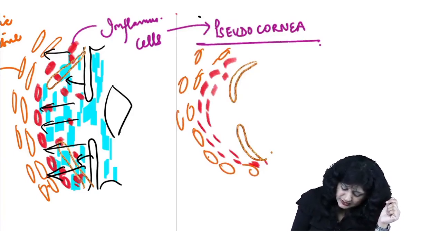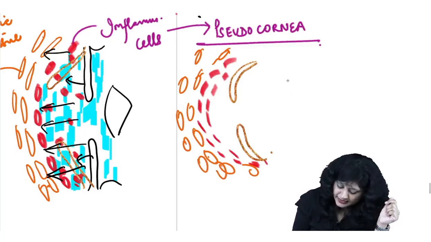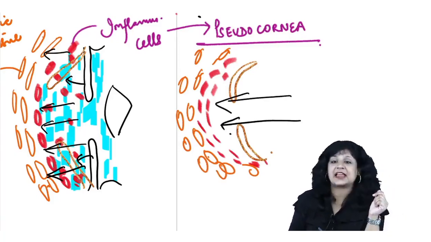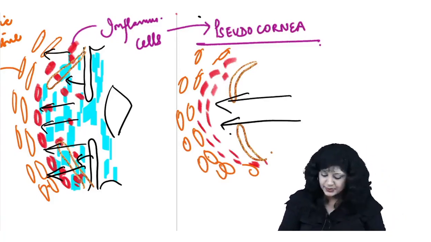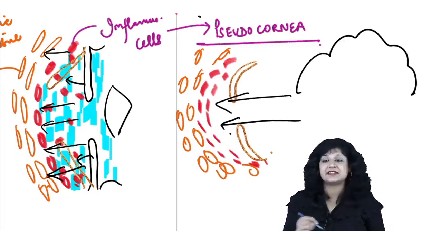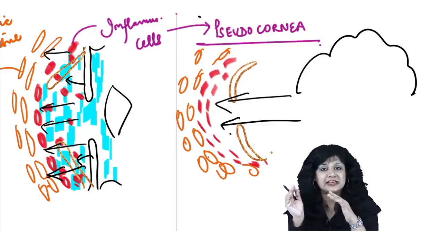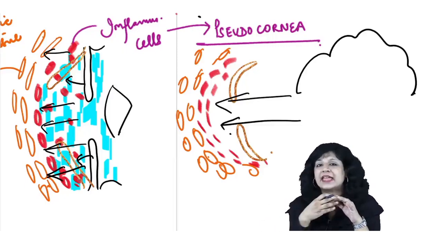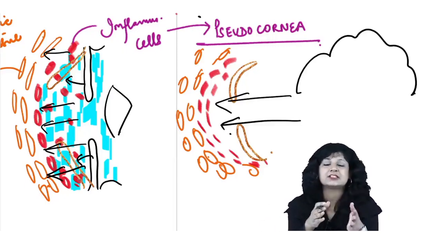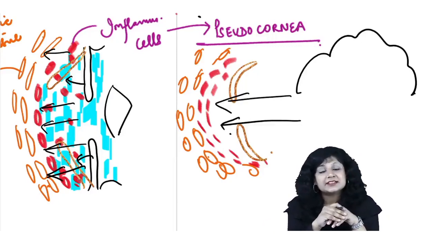So this appearance that you are getting, bulging out anteriorly, the bunch of grapes appearance, this is called anterior staphyloma. So you are going to get this in cases of corneal ulcers, the perforating corneal ulcers,